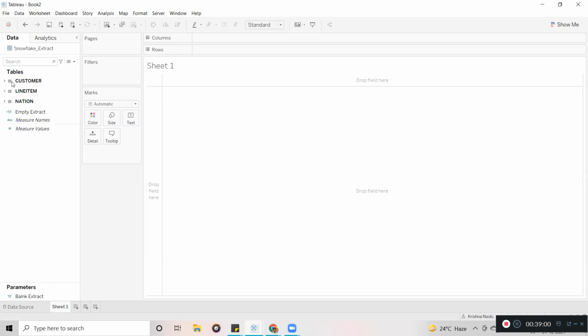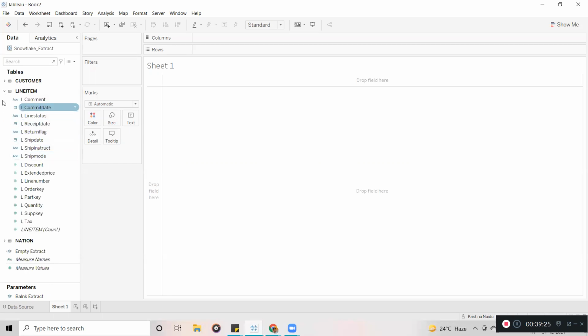It means at the data source level we have 3 different tables, right? One is customer. In the physical layer, we have joined customer and orders and line item and nation. These are the different tables we finally have, right? So now you can say the data is grouped by the data source table, meaning the data is showing table-wise.